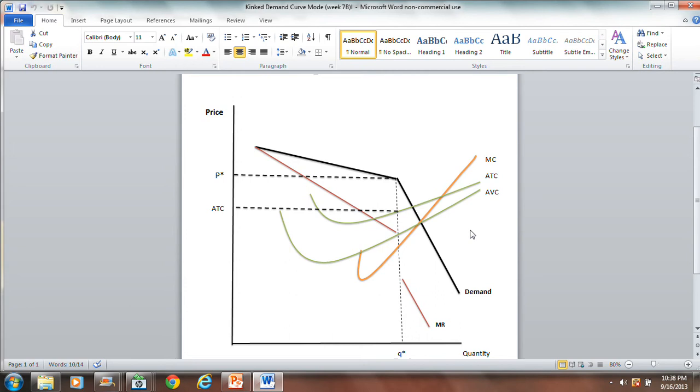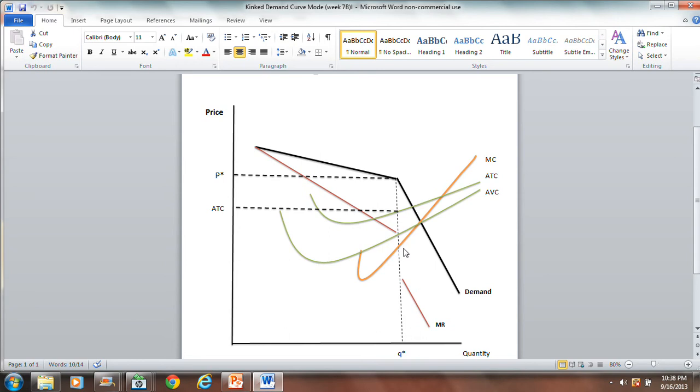So the cost curves are behaving like we're familiar. The only thing we had to account for was the interdependence issue, and we did that by the way the demand curve is constructed. So once you have the demand curve in place, once you're aware that the marginal revenue will not be continuous, that there's going to be a break in the marginal revenue curve, basically two different segments, then you apply the steps just like before. The first thing you want to do is find Q star. And you find Q star where marginal cost equals marginal revenue.